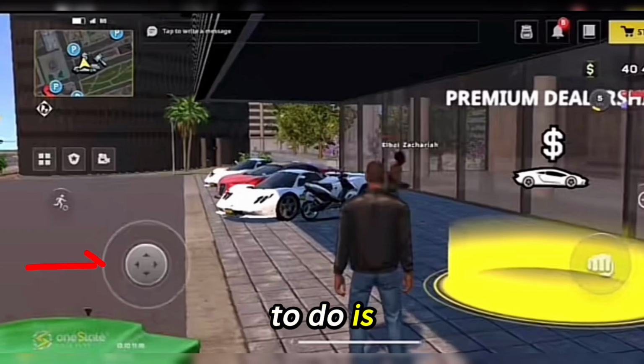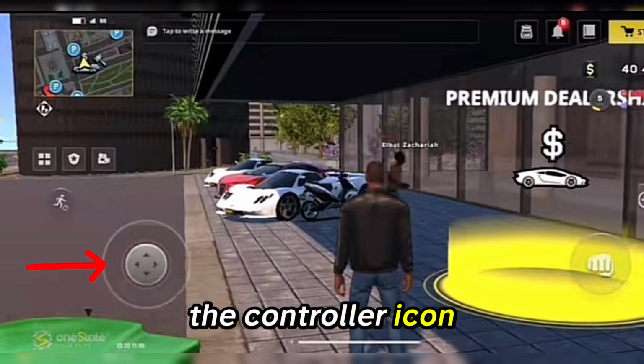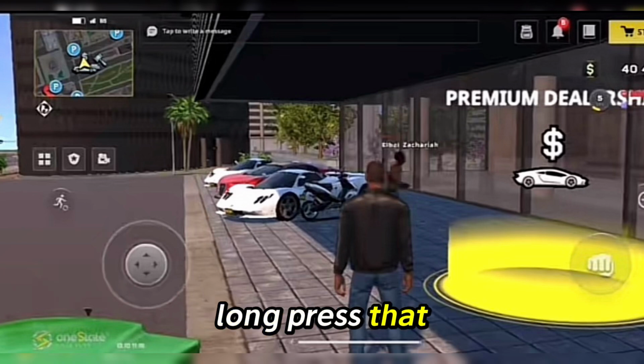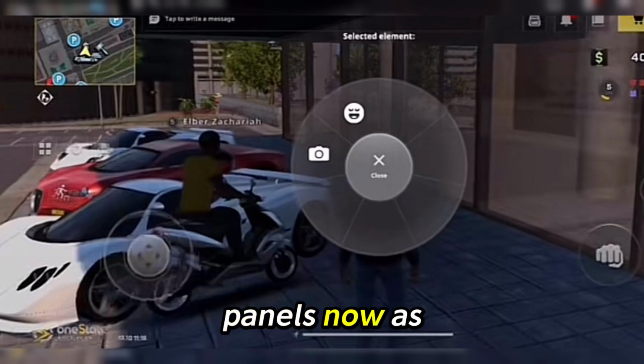Now what you need to do is click on the controller icon. Go ahead and long press that and wait a few seconds until you see the options, where you will see the different icons under the control panel. Now, as you can see, you can go ahead and long press it once again until you see